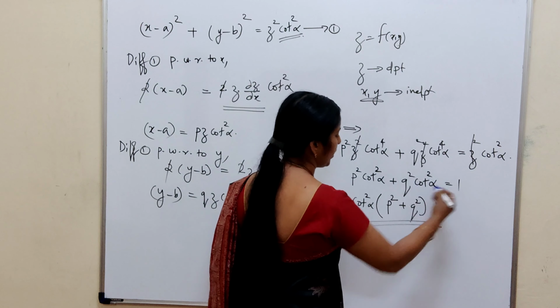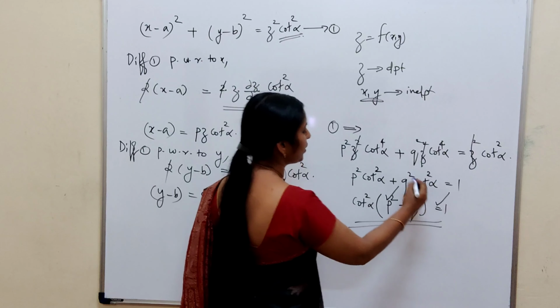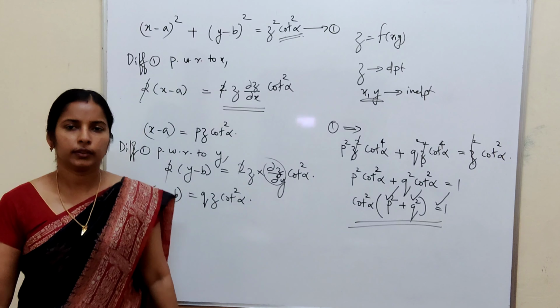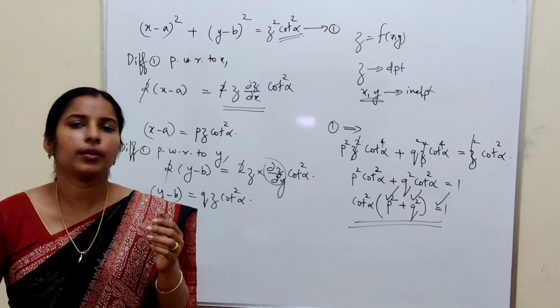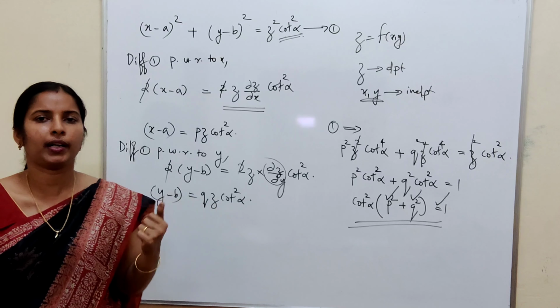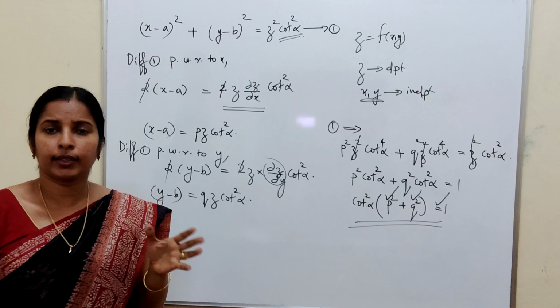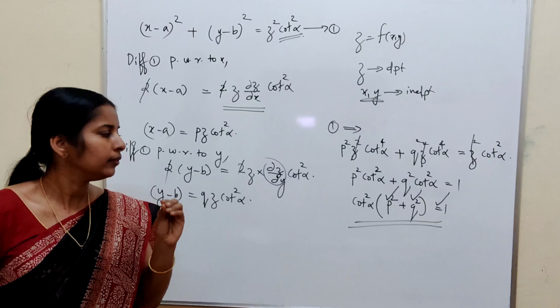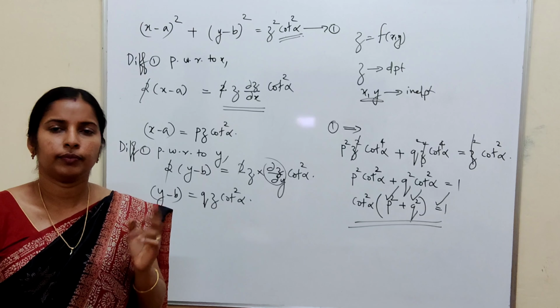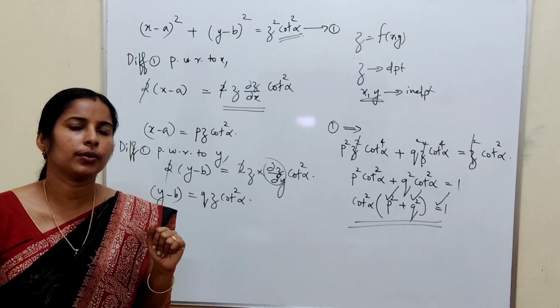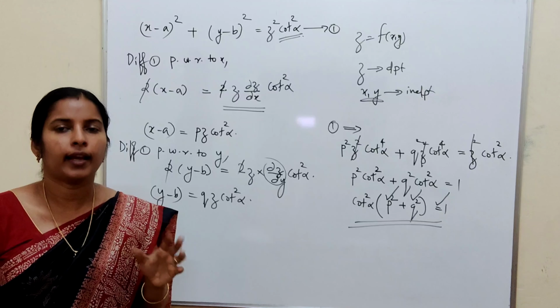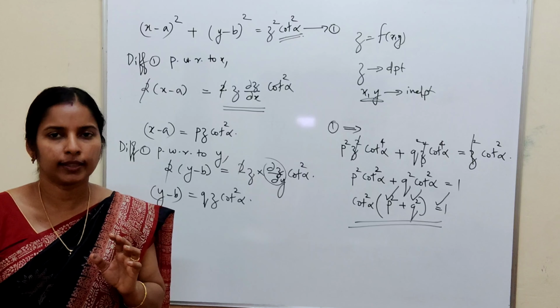See, it is an equation containing the partial derivatives p and q. So it must contain at least one partial derivative. Here, fortunately, it contains both partial derivatives. It's not compulsory for both p and q. So it is an equation which contains partial derivatives. So it is a partial differential equation, and that's our required partial differential equation from